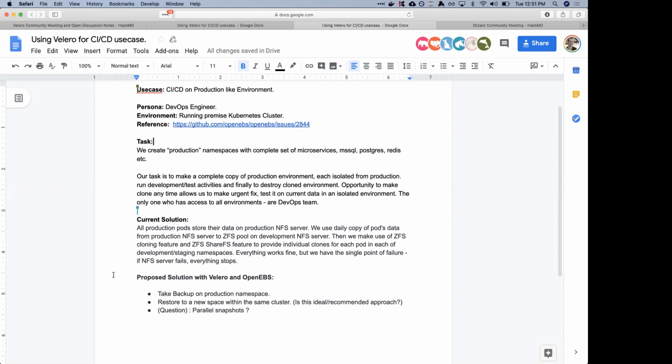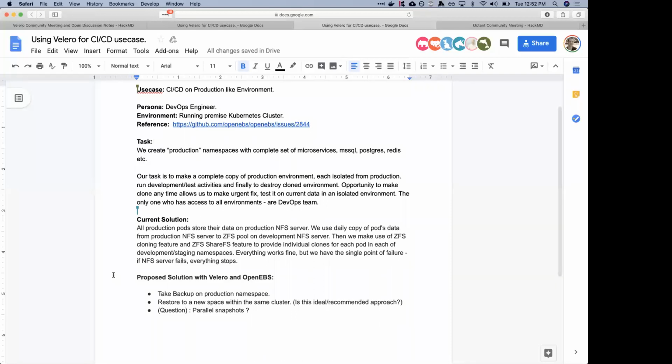Let's say there's a production namespace with multiple applications running in that one, and he wants to trigger a CI/CD pipeline by effectively cloning all those applications along with the data into a different namespace. And once the CI/CD is completed, in case everything is fine, just go ahead and delete it, or leave that for a little longer in case some issues need to be resolved out of the CI/CD pipeline, right?